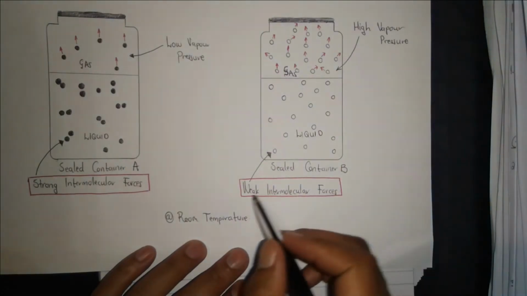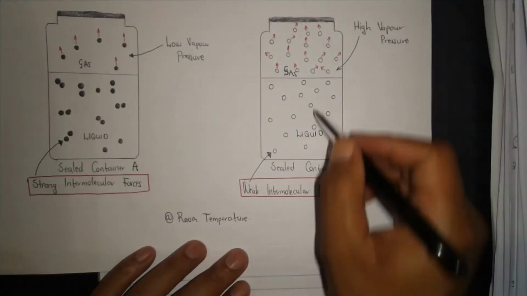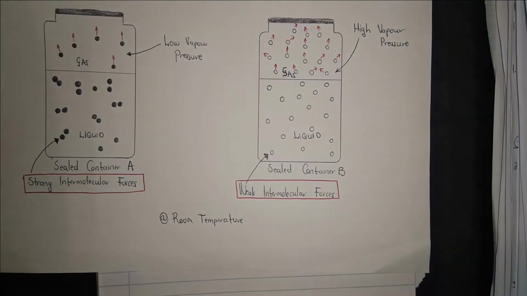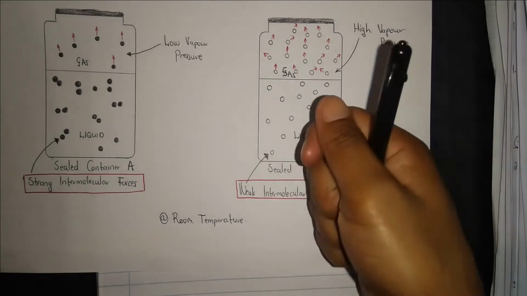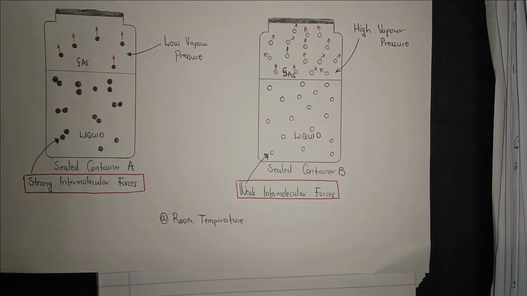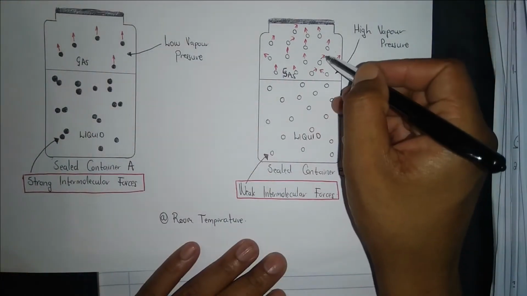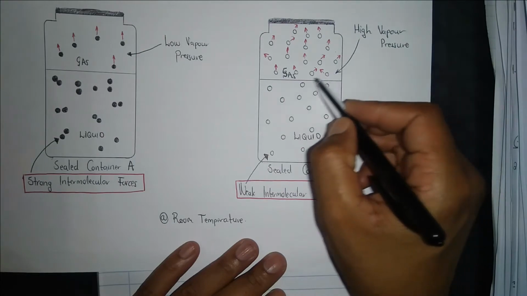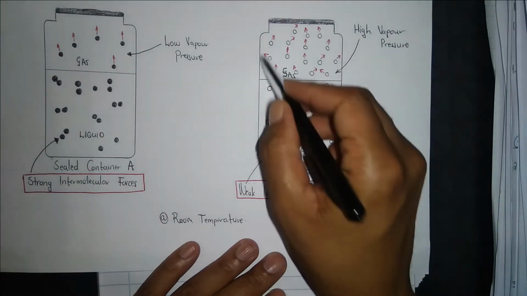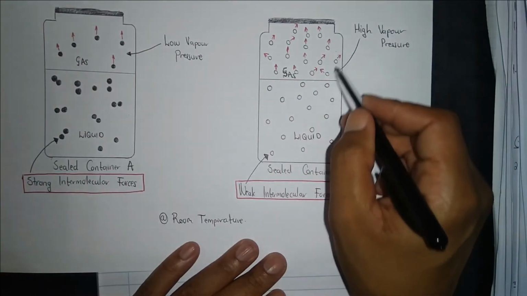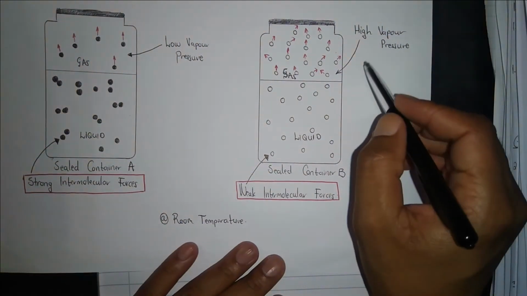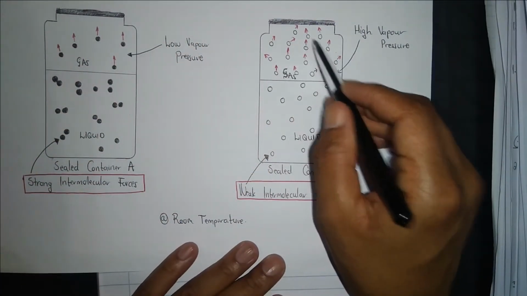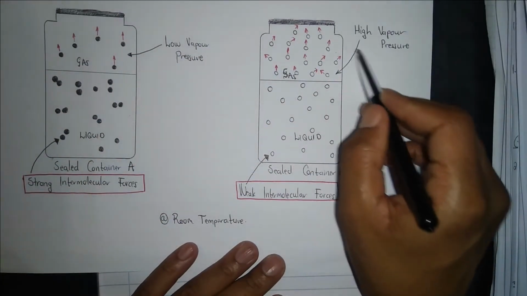Because of the weak intermolecular forces, the molecules can be separated by applying just a small amount of energy to that container. By doing so, above the liquid there will be a lot of vapor, a lot of gas. So if there is a lot of gas above the liquid, there will be a high